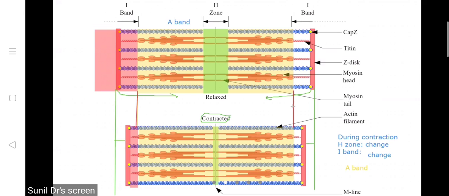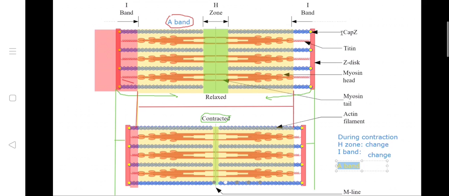So what has happened to the A band? The length has not changed. It's still the same, whereas the Z line has moved here. The length of the I band has changed from here to here. But the A band, which is the anisotropic band, has not changed. So during contraction, the A band doesn't change. This is the most important thing. The band that does not change during contraction of the sarcomere is the A band. All other bands will change. The A band will not change, because it is the overlapping portion of the actin and myosin. This will remain constant. The in-between portion, the H band, will change, the I band will change, but the A band will not change.